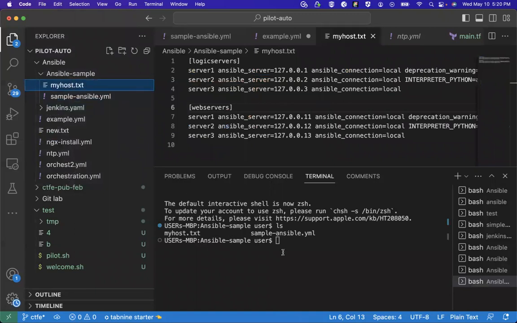You understand? So you can pass your facts using a text file. You can also pass it using a YAML file too. But so if I want to run this playbook, I will just say Ansible